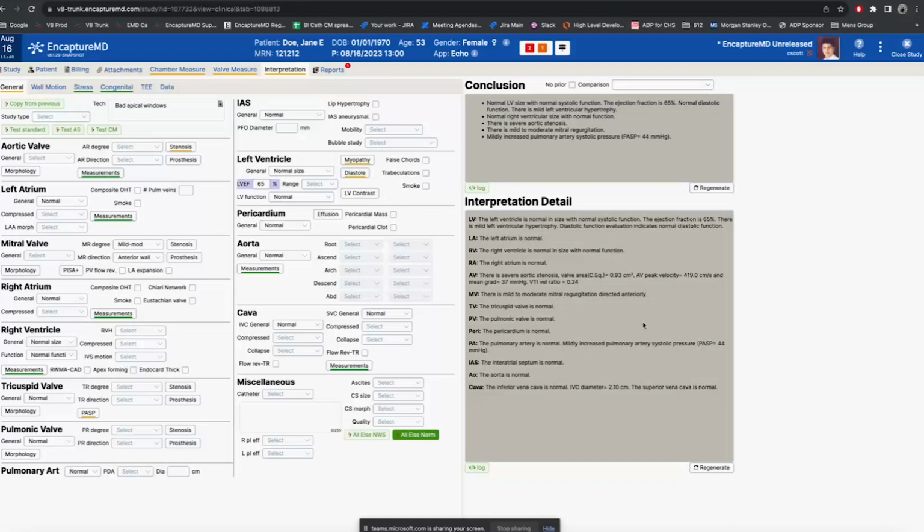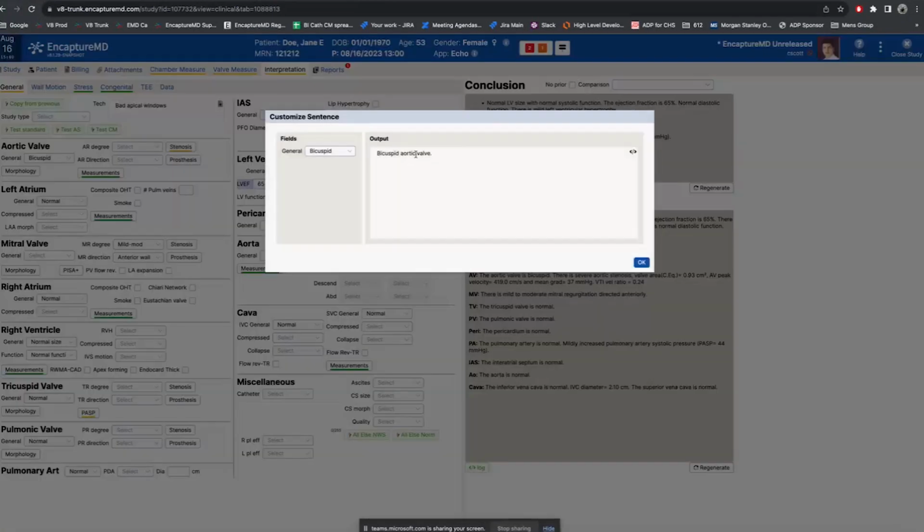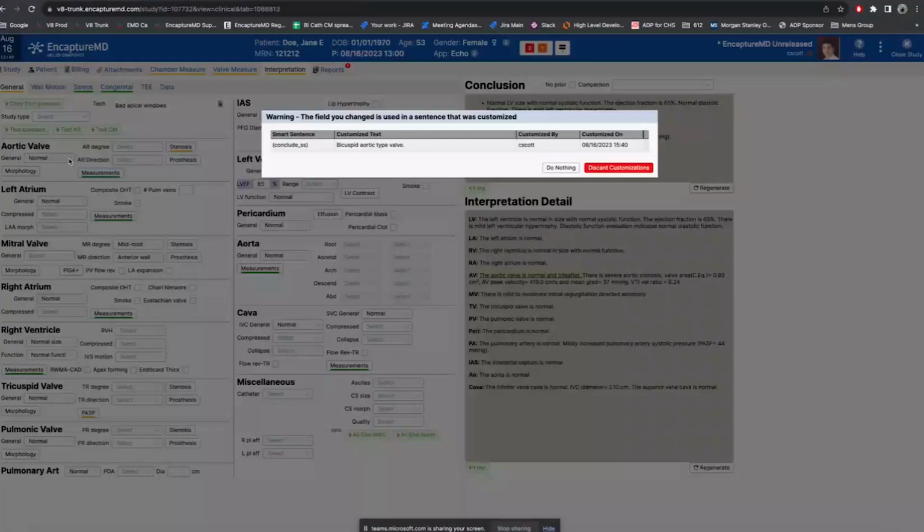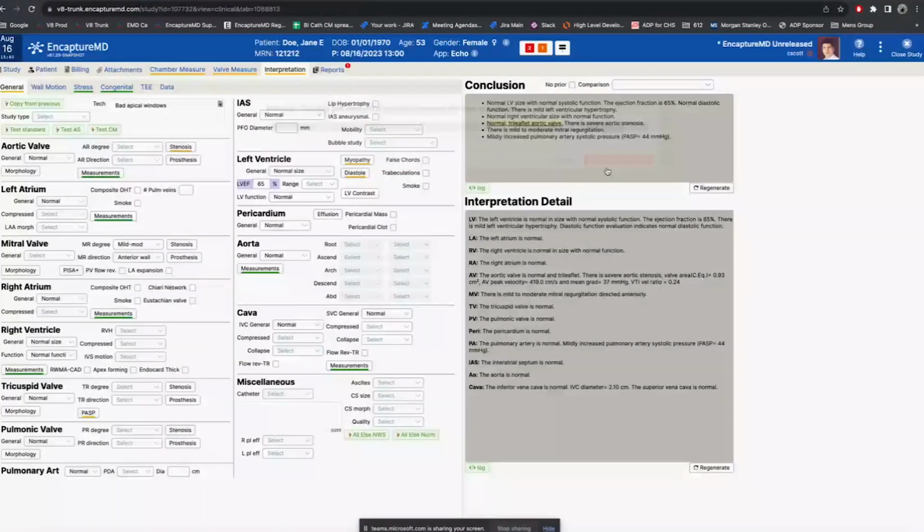this combo box. Like if I chose bicuspid here, and then I wanted to make a change to that, I can't do it. It's locked. Whereas in our system, you can just make a manual edit, and it's great, and it will stay there unless I come back here and change this to something else or nullify it. And then it will warn me that I changed it. And so as many ways as possible, it's